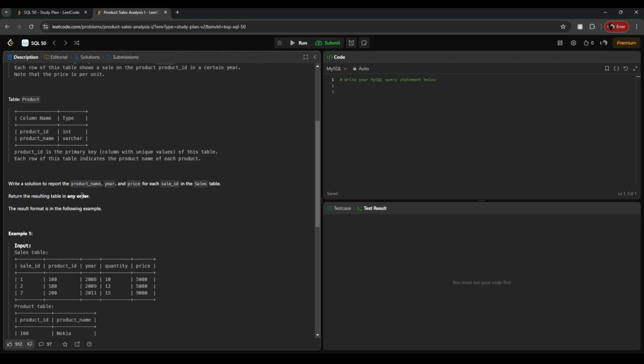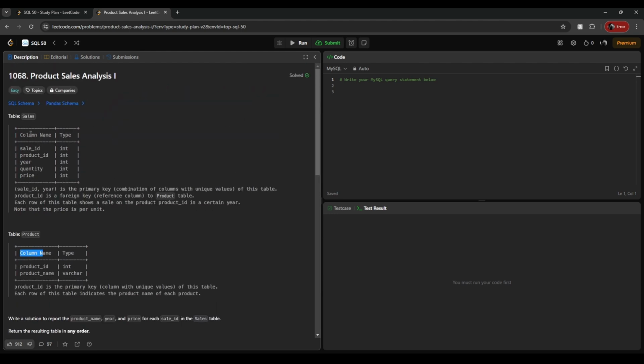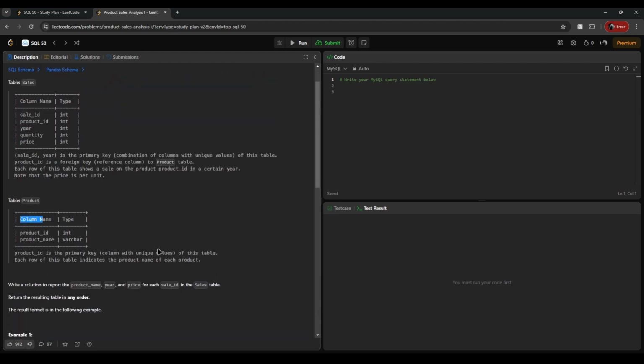So we don't need to do any ordering here. What we need is the product name from the product table and year and price from the sales table for each sale ID. Okay, so what we can do is that here we can see the product ID is common